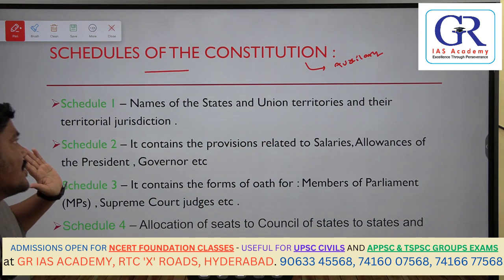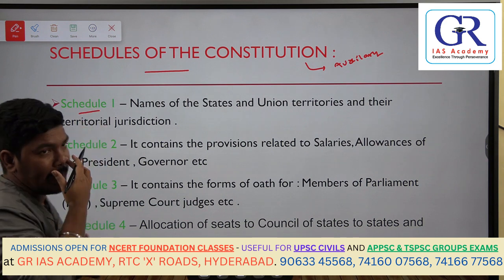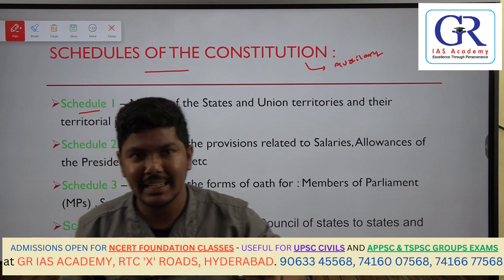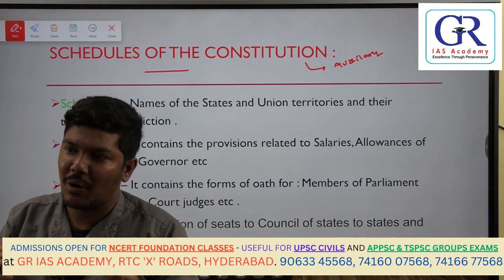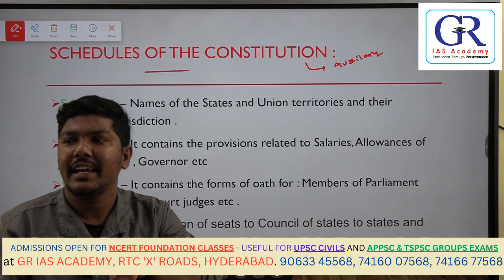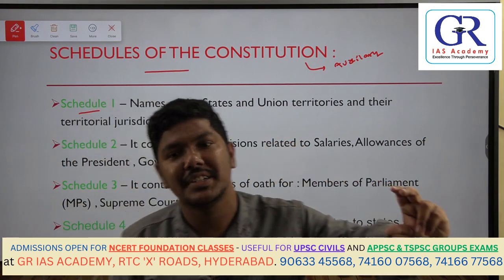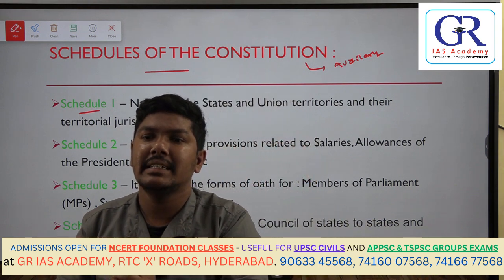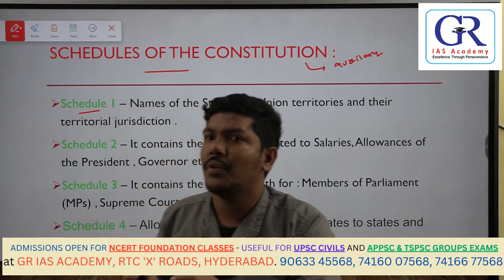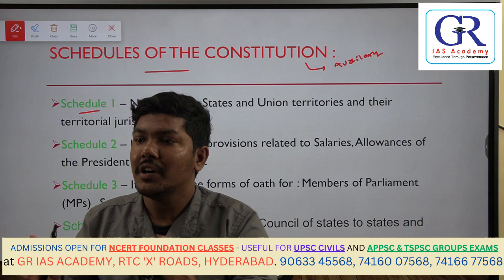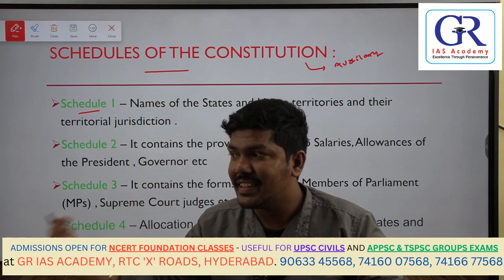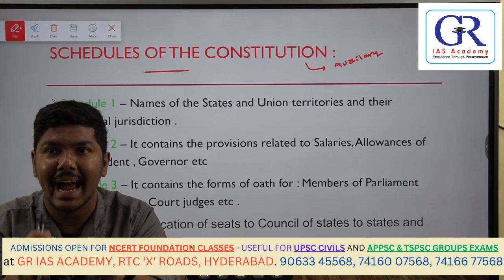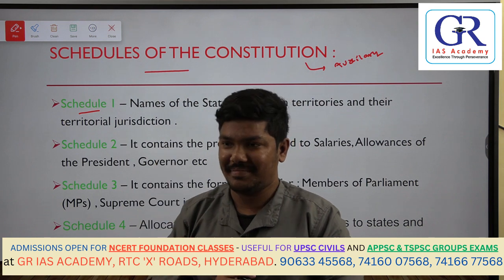There are 12 schedules of the Constitution, and if you see schedule number 1, yesterday we discussed part 1, Union and its territory. There we discussed that wherever we want to alter the boundaries of a state or rename a state, how it has to be done was mentioned in part 1. For example, in the 2019 Jammu and Kashmir Reorganization Act, Jammu and Kashmir as a state was split into 2 union territories, Jammu and Kashmir with legislative assembly and Ladakh without legislative assembly. That division, when added, will be updated in schedule 1.